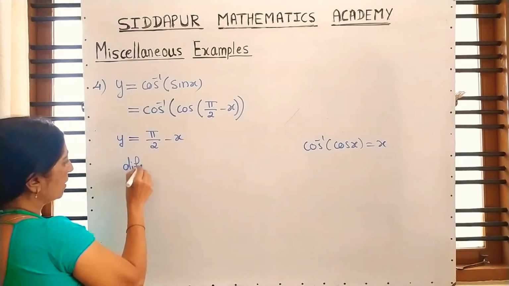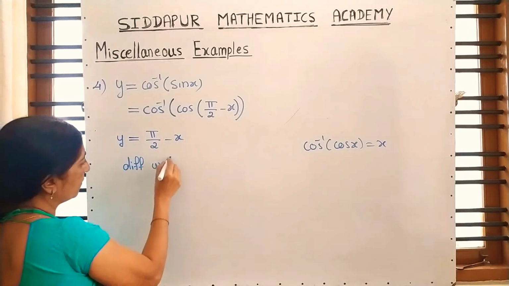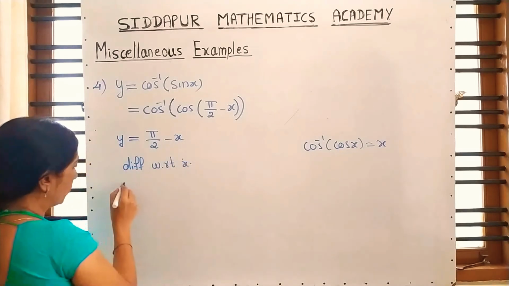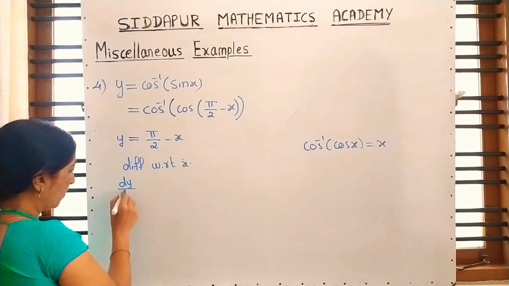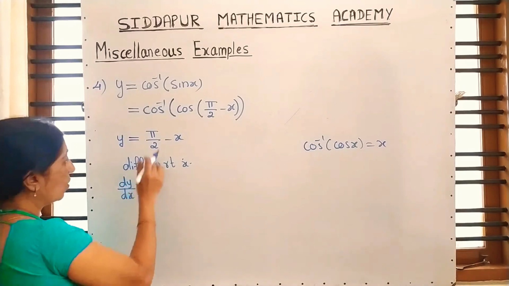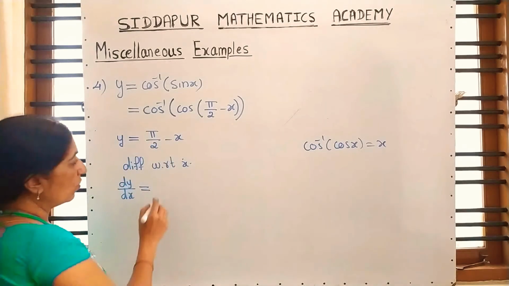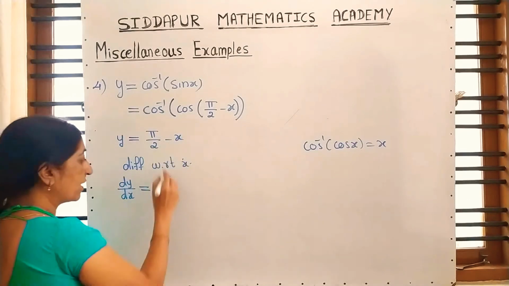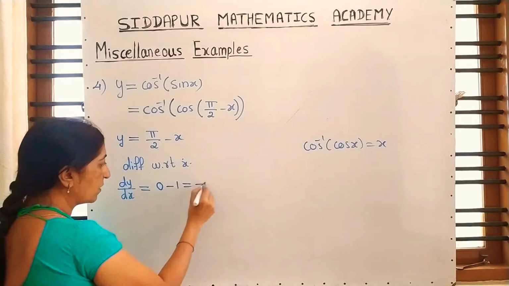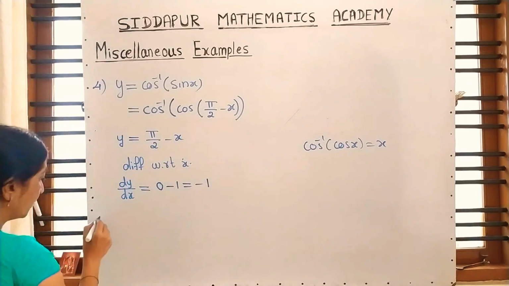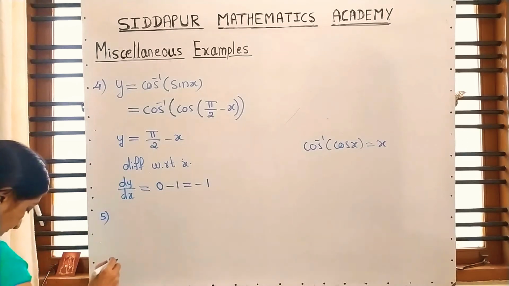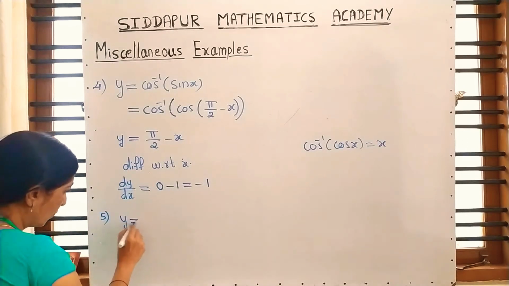Now differentiate. Differentiating with respect to x, dy upon dx is equal to pi by 2 constant, 0. And differentiation of minus x is minus 1. That means your answer will be minus 1. Fifth question. Y is equal to